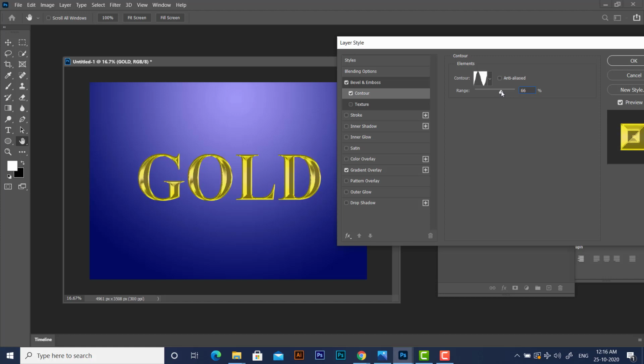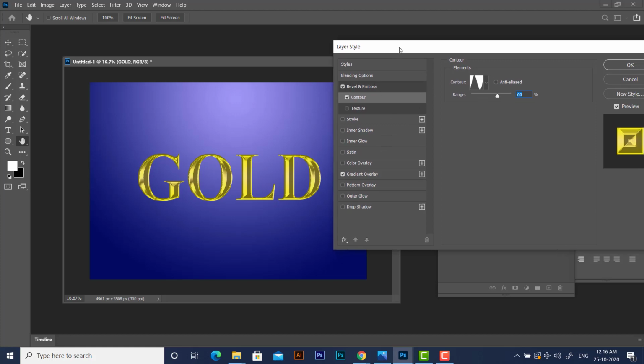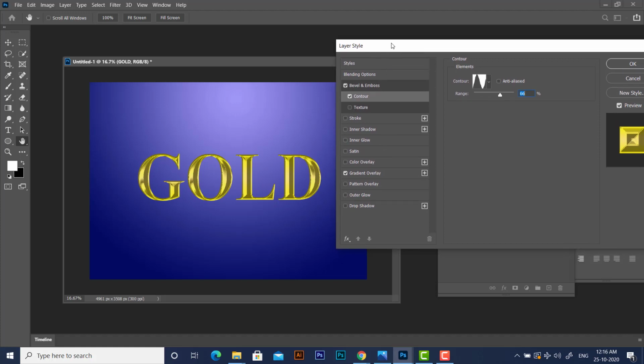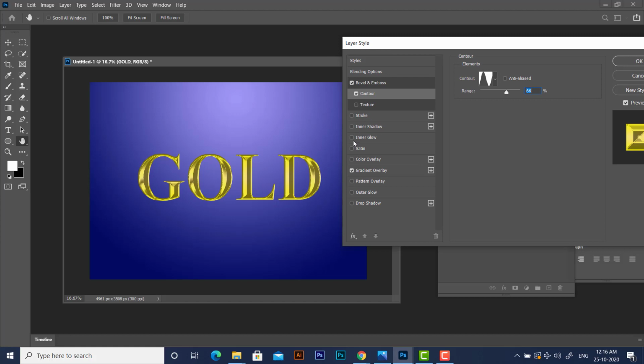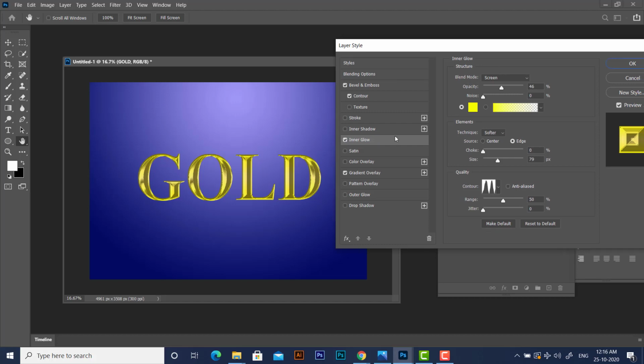So you can play with this setting. And then we can also play with the inner glow. These are optional actually. If you want, you can try to play with inner shadow and inner glow.